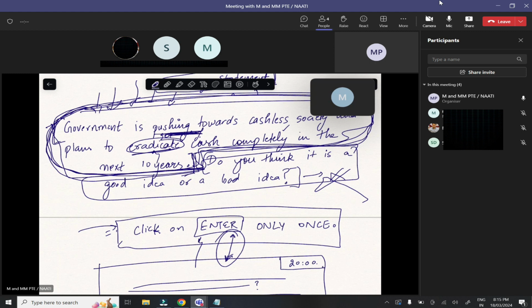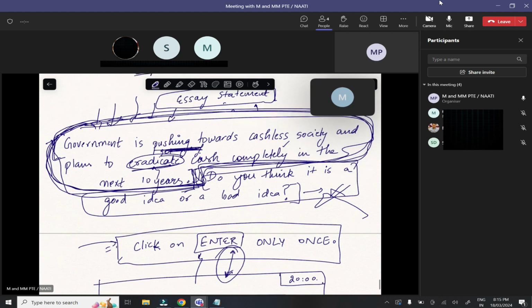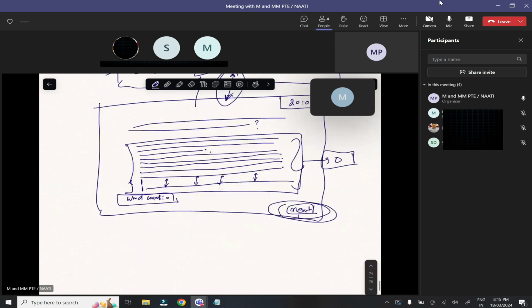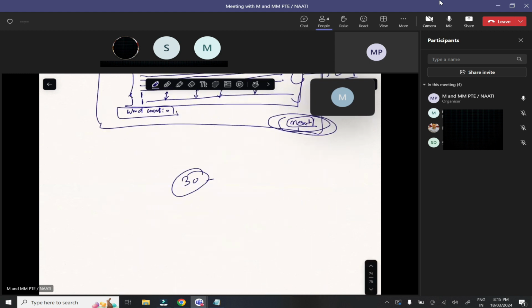Like instead of 17 words, they might give you a 30-word essay statement, right? Now, in that case, if you start typing the 30-word essay statement again and again, there is a chance you might exceed 300 words. So we also have to keep an eye out on the word limit. In that case, if you feel that the essay statement is too lengthy, then instead of putting down all the 30 words,